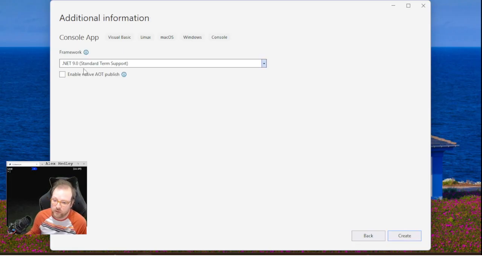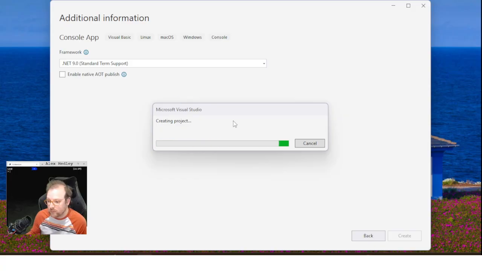I haven't installed version 10 yet. That's recently been released, so it'd be good to upgrade to that soon. I'll do that offline, and we'll just let the project scaffold, and we'll get back to where we were in